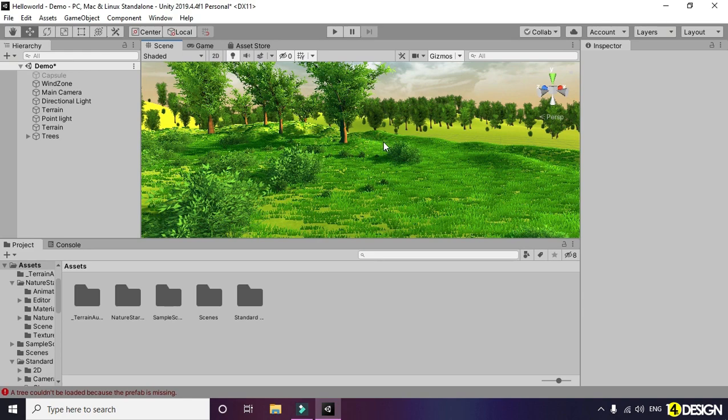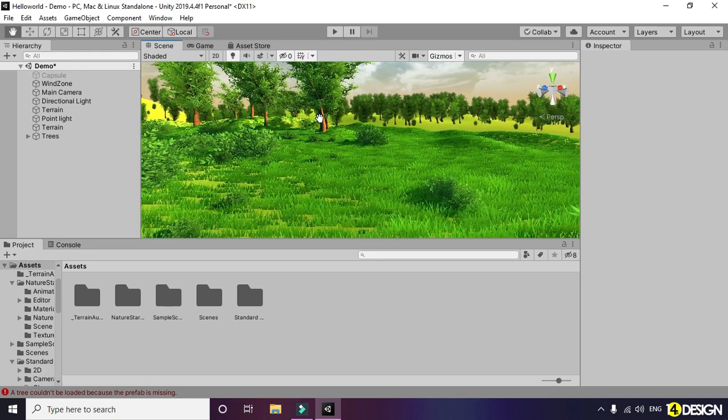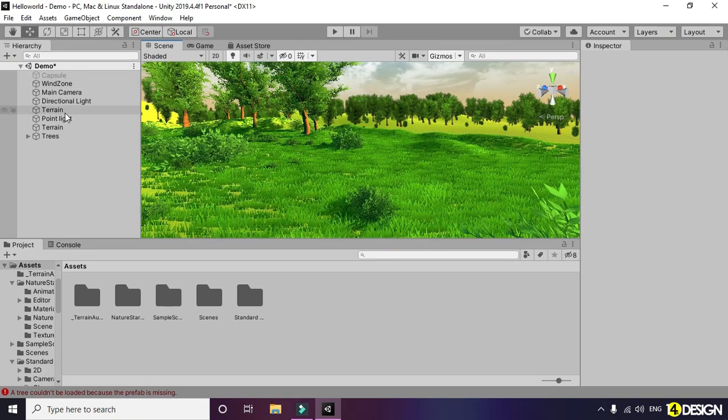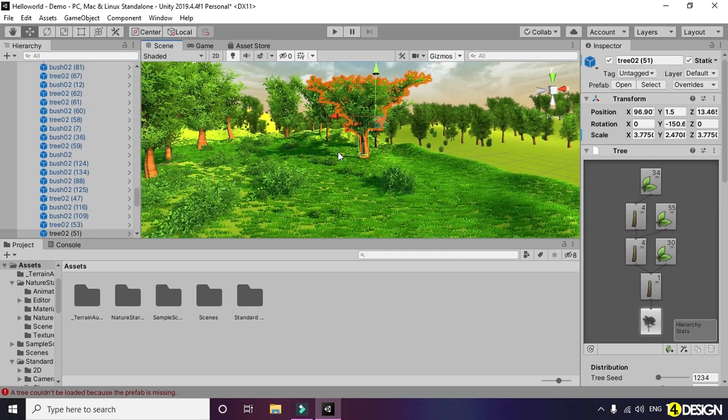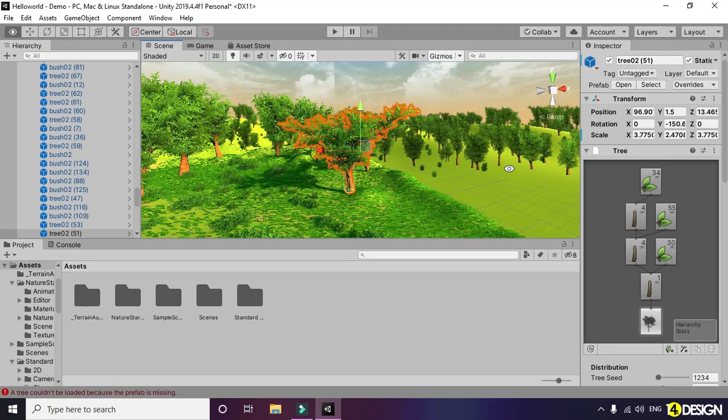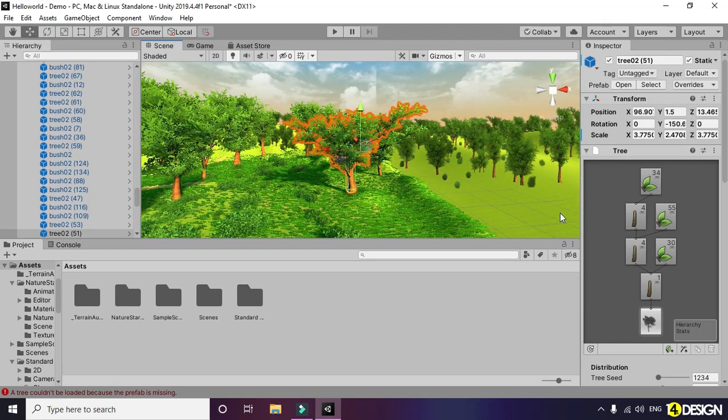So a little walkthrough of the engine here. We have our hierarchy tab on the left, where all the objects of the scene are placed. We have our project panel at the bottom here, and we have our inspector panel on the right. When we select something, all the properties of that object are seen in the inspector tab.